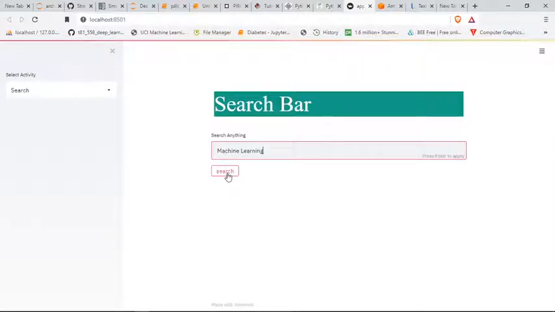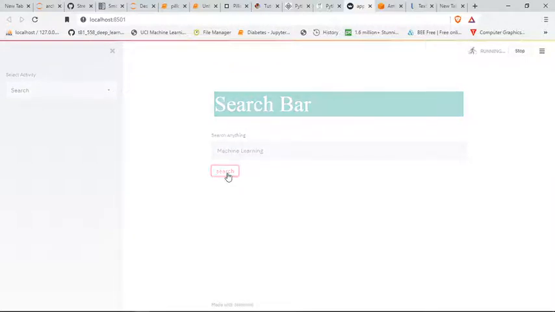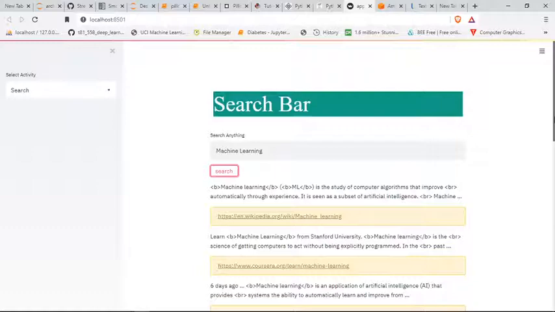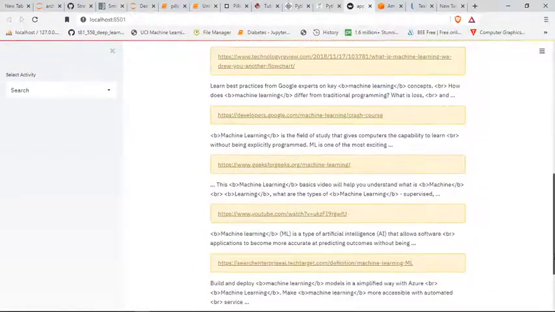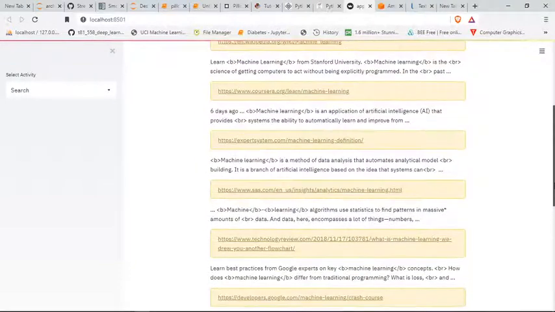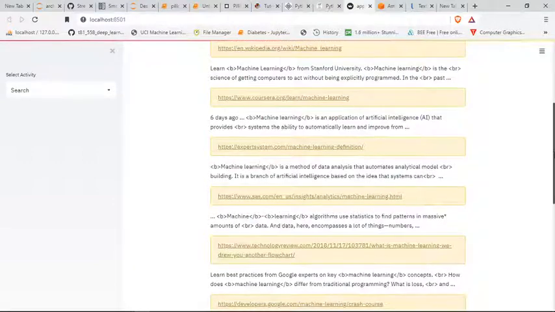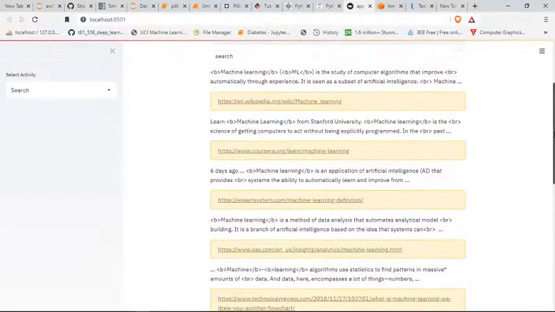Then I click on the search bar, and this is my output. These are the outputs about machine learning: what is machine learning, and these are the relevant links. If I click on the links, then I am redirected to the original page where this content is available.